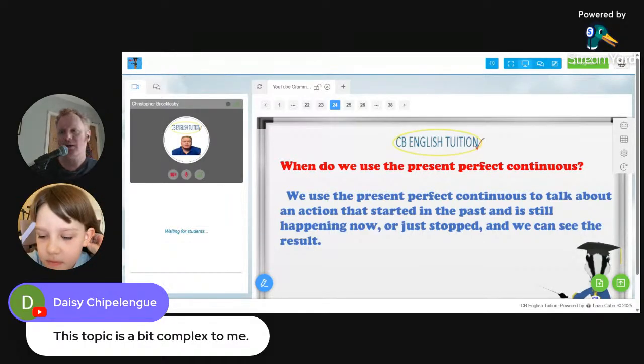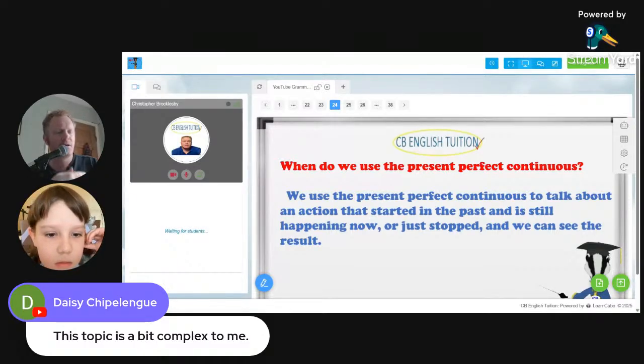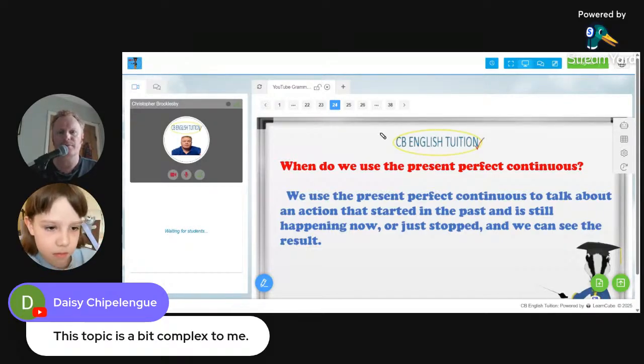So actually, this is very similar to the present perfect simple. But in a way, it's easier because the present perfect simple we use for many different situations. This one we just use for one. Started in the past, continues to the present. And it's when we really want to show that something is still happening now and something continued and happened again and again. So let's turn the page, shall we?